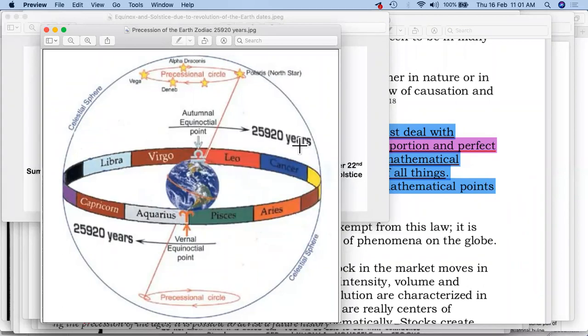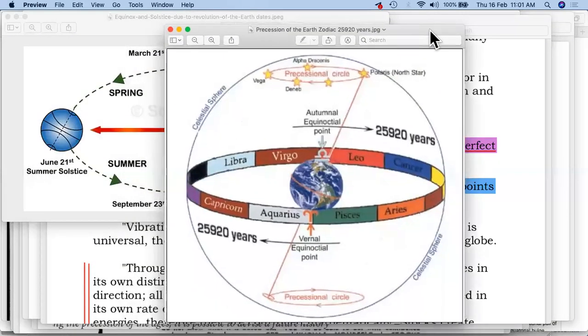Now, what happens because of this? The first and most important thing is the North Pole of the Earth keeps on changing. Let's say, for example, currently the North Pole star is Polaris; in some years, it will be going across towards Vega. So there are different stages which would be happening. This has been Polaris, after that it would be another pole star, and from there it will go to Vega. This is a cycle which keeps on repeating, and this cycle is of 25,920 years. So this is the first and most important thing that we need to know.